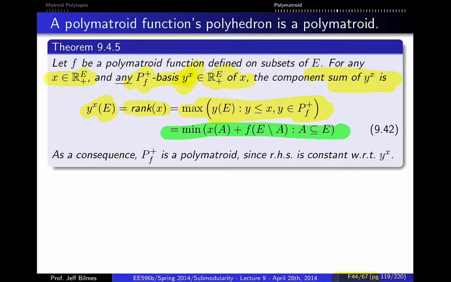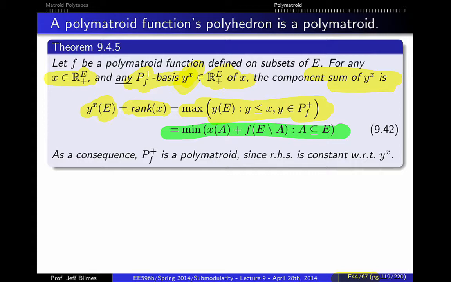But more importantly, we've actually shown a min-max relationship between what looks like a general purpose submodular function minimization problem, and something which looks very akin to finding the rank of a vector, which maybe we can find using something like the greedy algorithm, like we did in the matroid case, or at least get some light onto it. But before we actually get to that, let's just talk about the point at hand that we're trying to show us, which is that